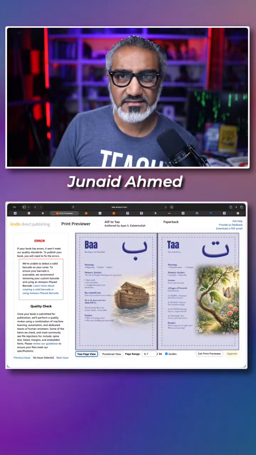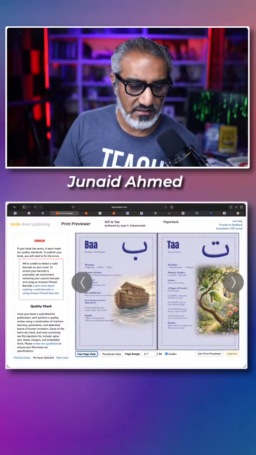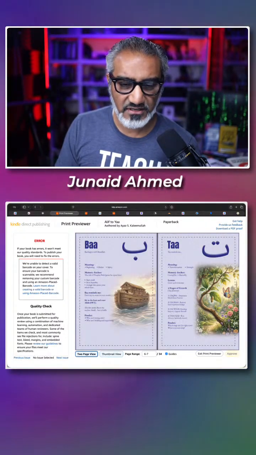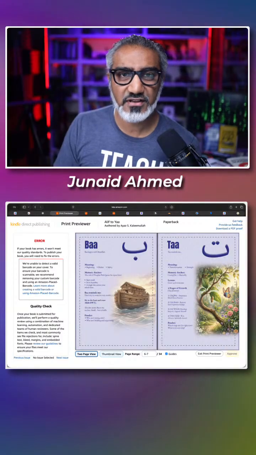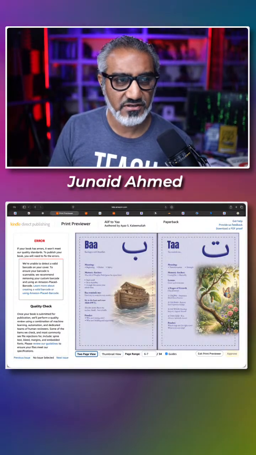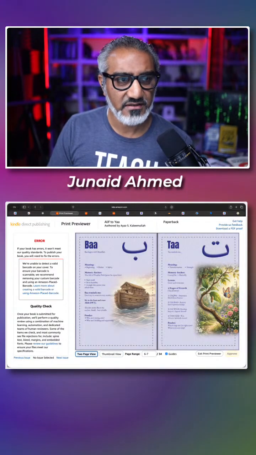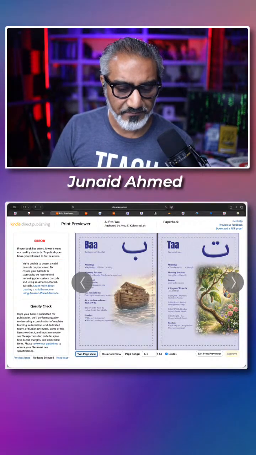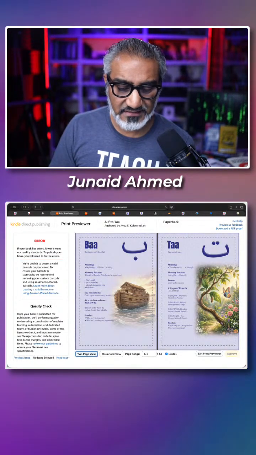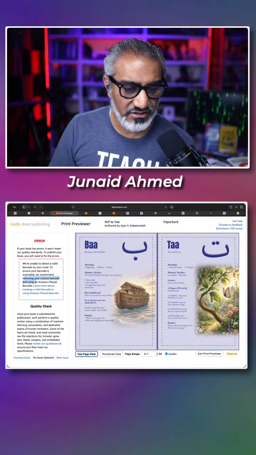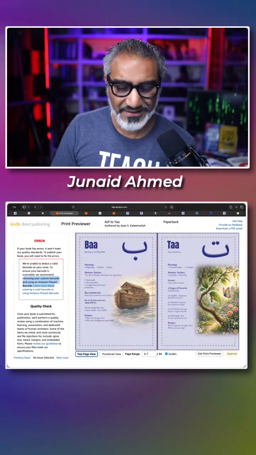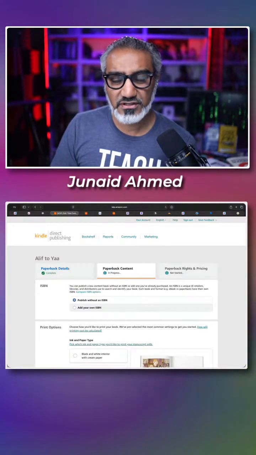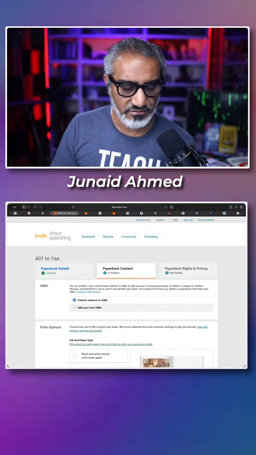So that's the book, and I believe it's got all 28 letters of the Arabic alphabet in here that you can check out, and it's really well done. So here I can exit the print previewer because it says, hey, you need to add the barcode on this page. So let's go and do that. What tool are we going to use for that solution? So let me go